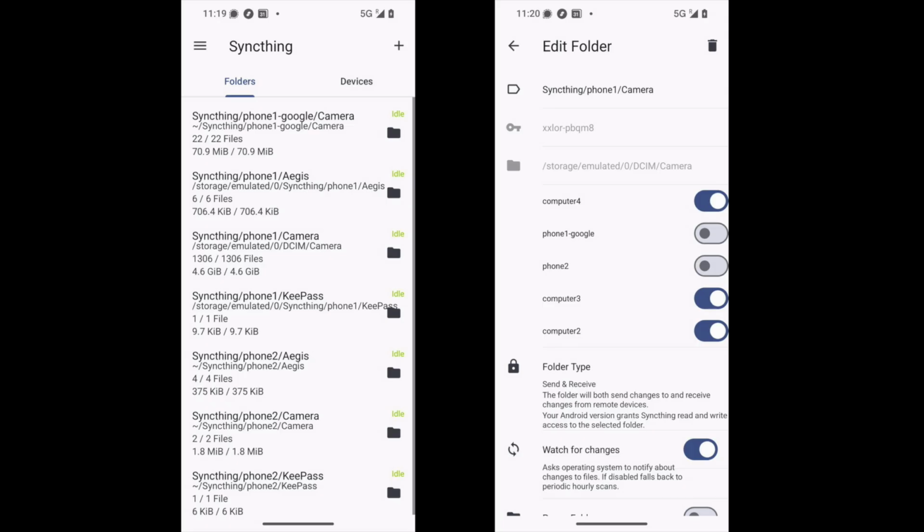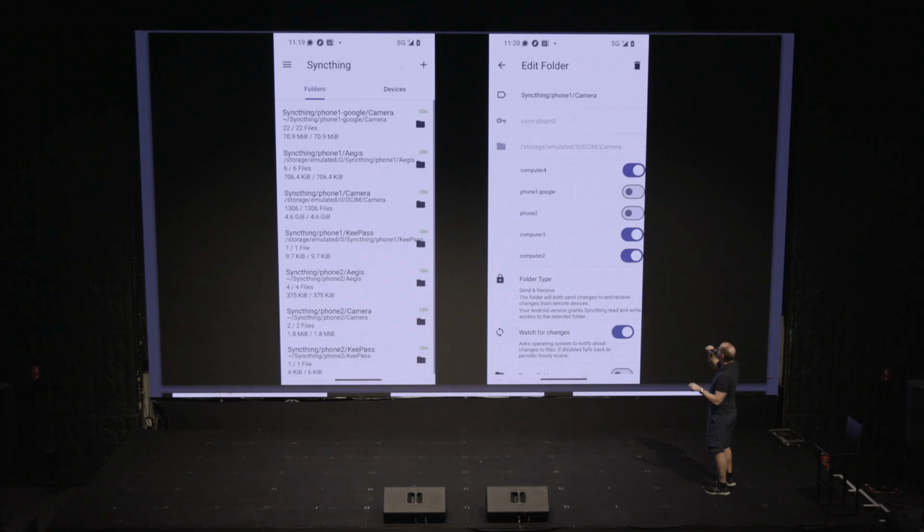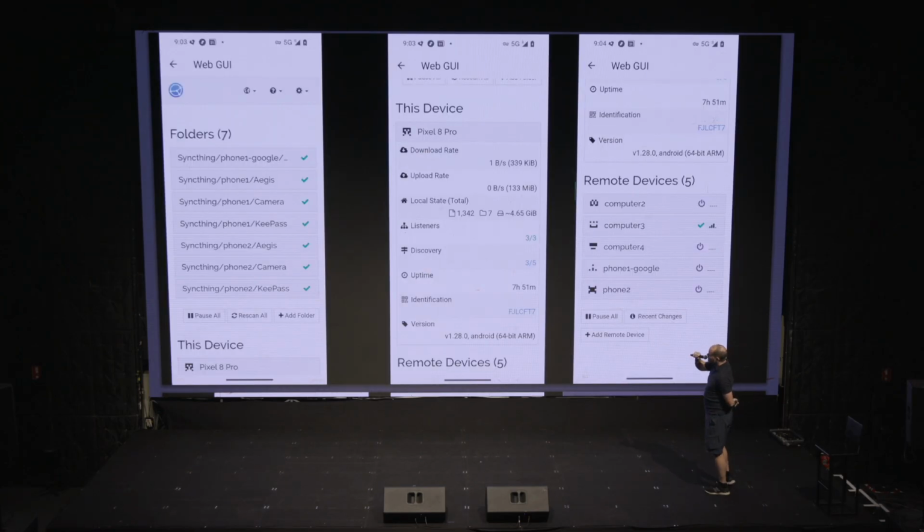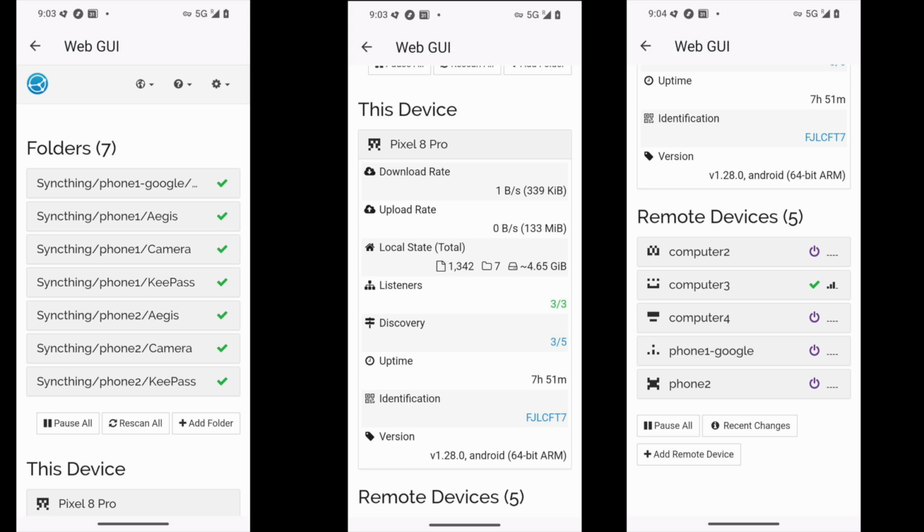So yeah, all you do is you set up folders that you want to be synced. And for a given folder, you can say, hey, where do you want this thing to go across to? So you don't have to send everything everywhere. Then for these given folders, you can see, are these up to date for this device, what's going on, how many files.